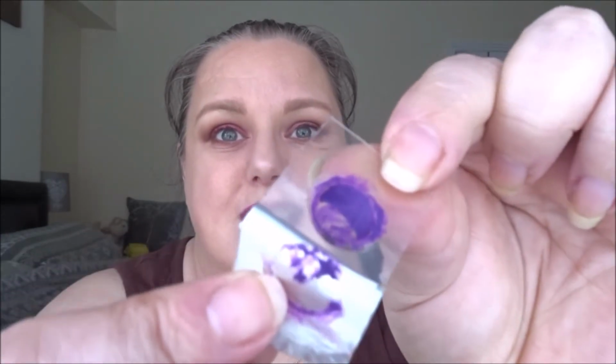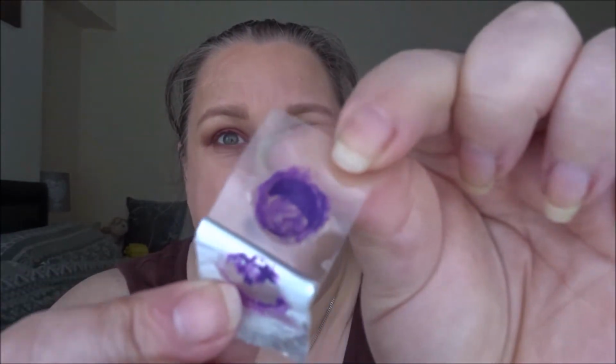The last item is this lipstick sample from Urban Decay in Pandemonium. The writing is practically rubbed off at the back there. But this is all we have left, not much. I will say I'm not even 100% sure I actually wore this in the last month because I've been trying to use other products and